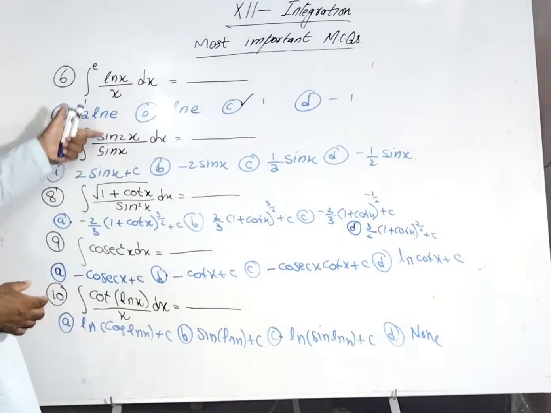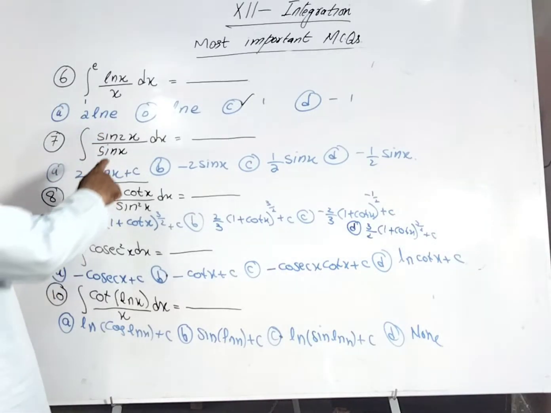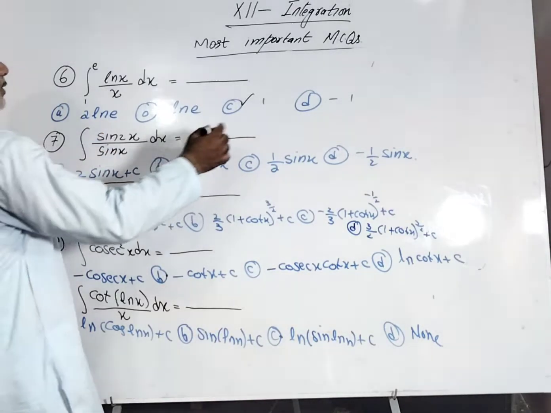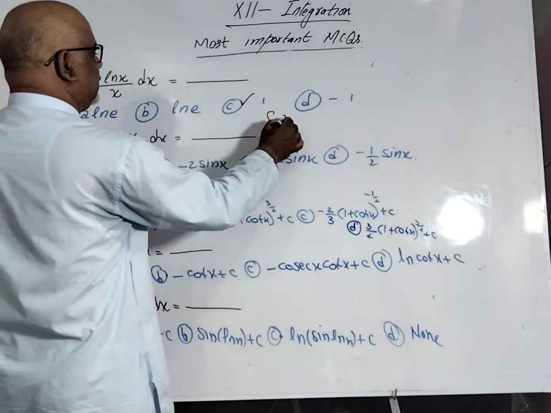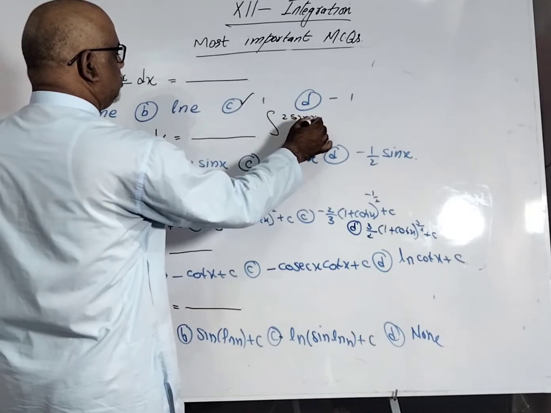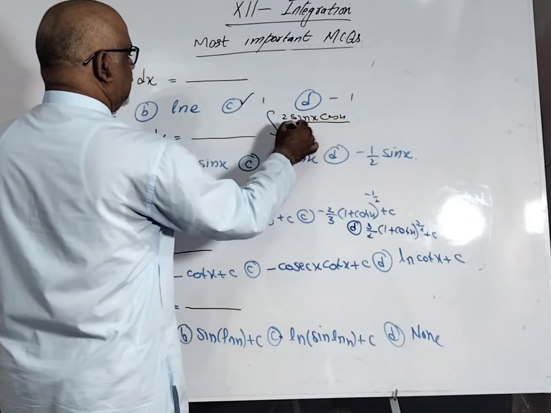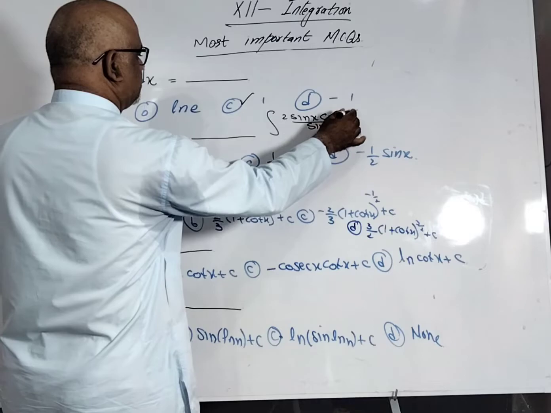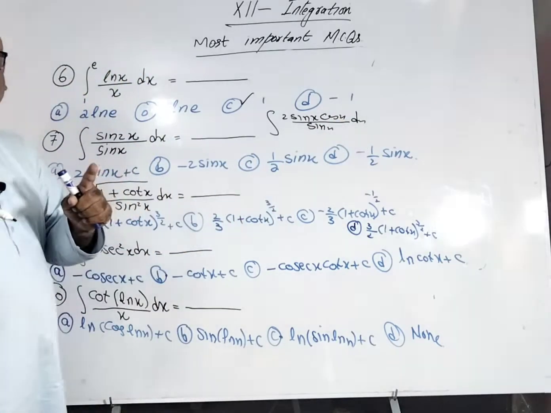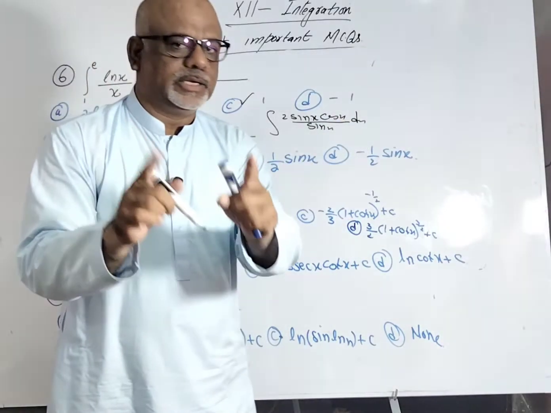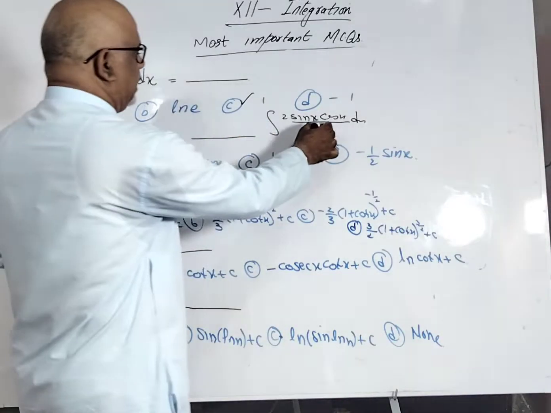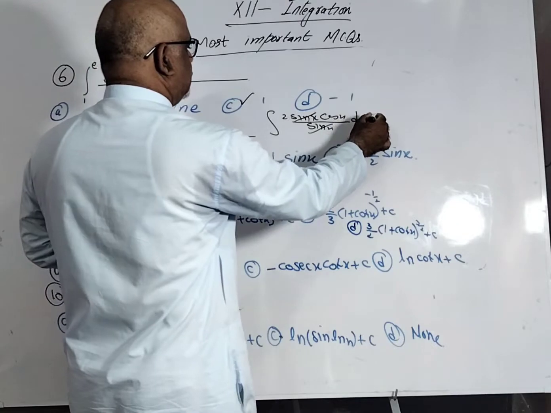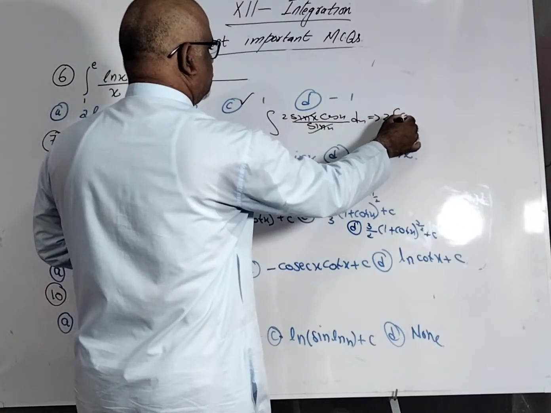This is sine 2x upon sine x. So here we have to use the formula which we have discussed. We have an idea from first year: sine 2x is equal to 2 sine x cos x. It means that if it is possible to simplify the question before finding the integration, we have to simplify the question here. So this sine x will cancel out, so this is 2 cos of x,